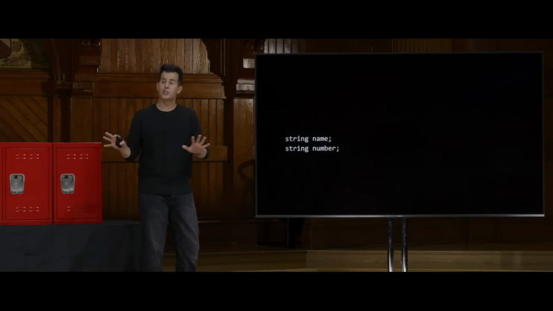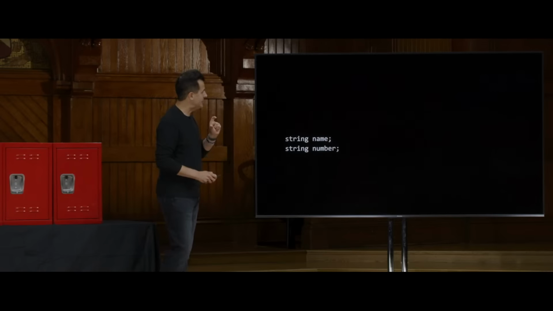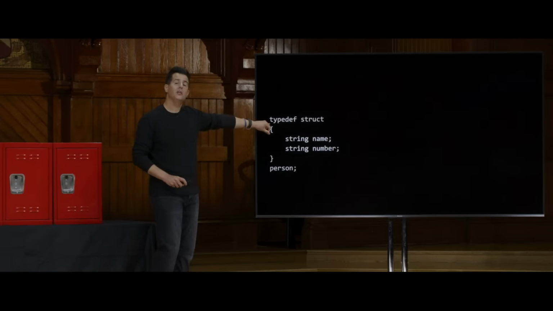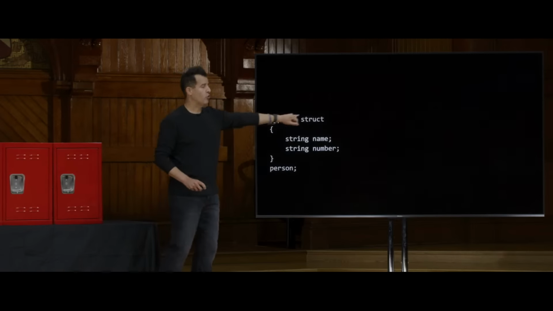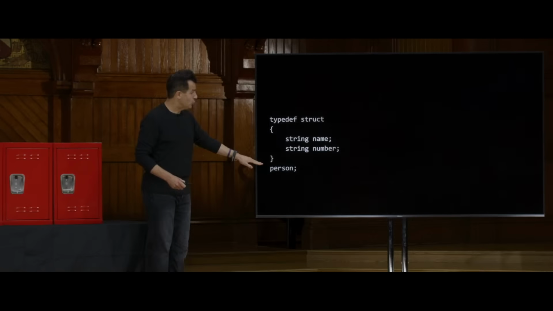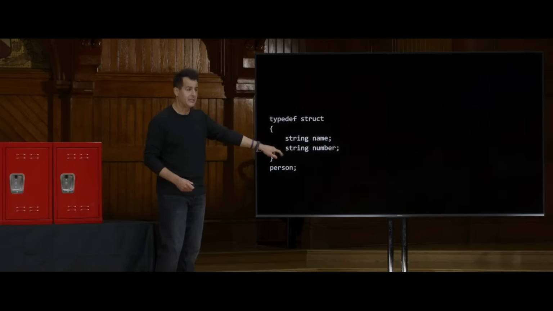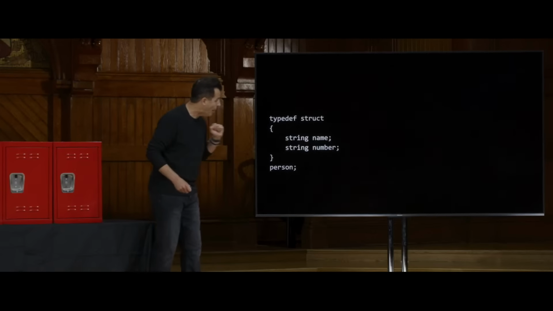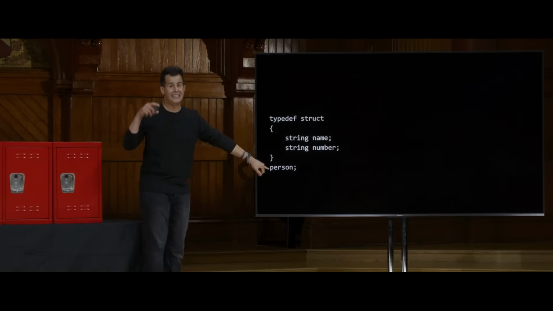But here's an alternative when you want to just store related data together. I can use these 2 keywords in C, typedef struct, which, albeit terse, just means define a new type that is a data structure. So multiple things together. Inside the curly braces, you literally put the 2 things you want to relate together, string name, string number. And then outside the curly braces, you specify the name you want to give to this brand new custom type